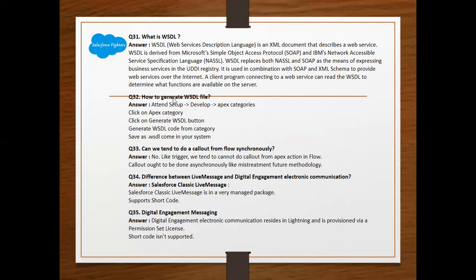Log in, go to Setup, Develop, Apex Classes, click on the Apex class, click on the Generate WSDL button, generate the WSDL code from the class, and save it as a WSDL file on your system. And next question,